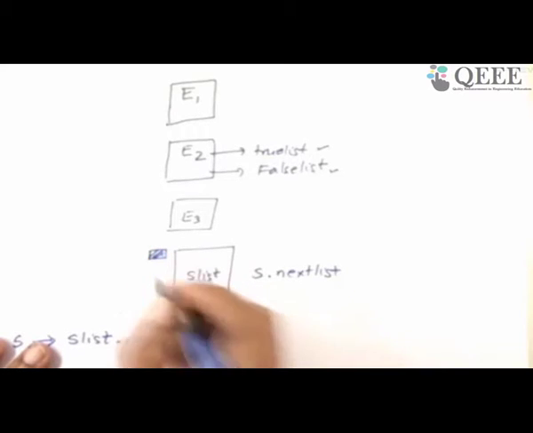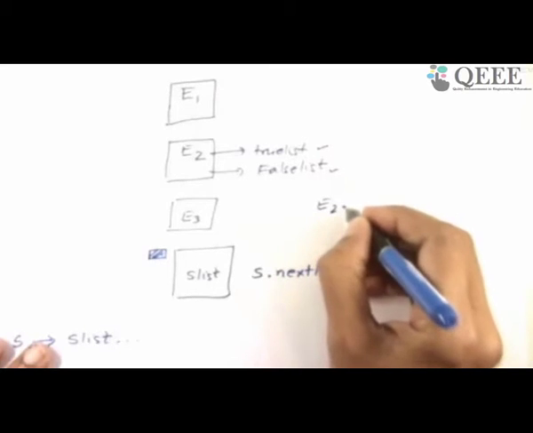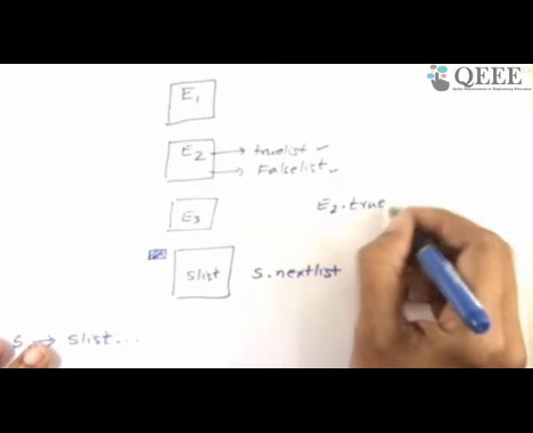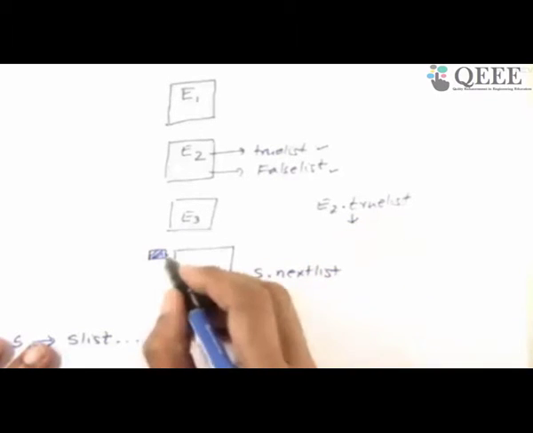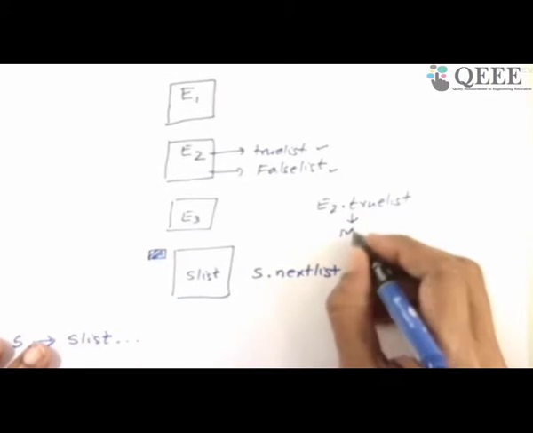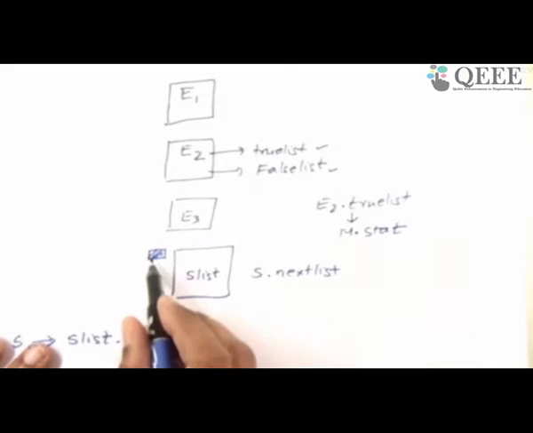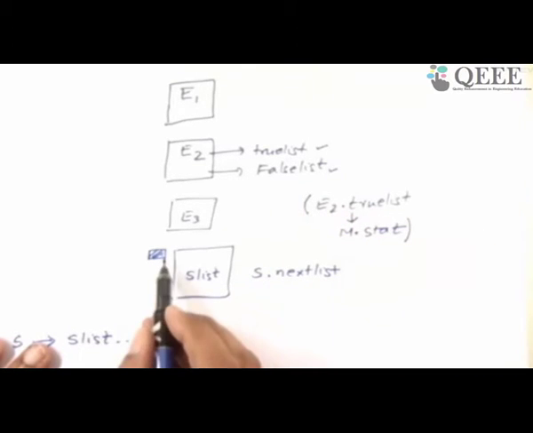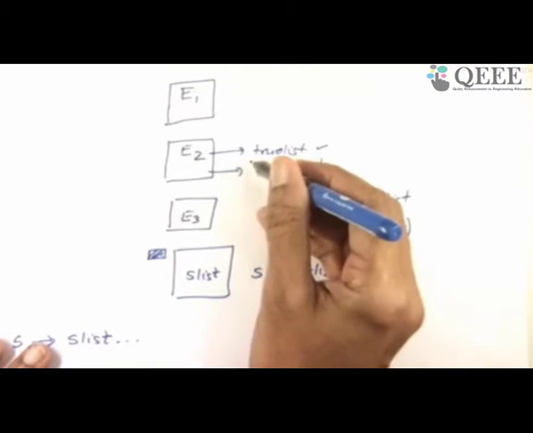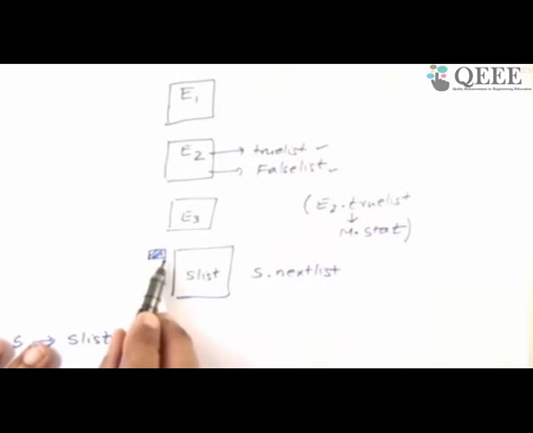I should hold it somewhere. So now what I should do, to E2 dot true list. I'm not giving you the full solution, but a fairly part solution. This is to be backpatched with this thing, which you can call some m dot stat or whatever. I can keep this somewhere because I can put an m and note this down. If I backpatch E2 dot true list with m dot stat, then whenever the expression is true after incrementation, every time it will automatically come here. No issues.